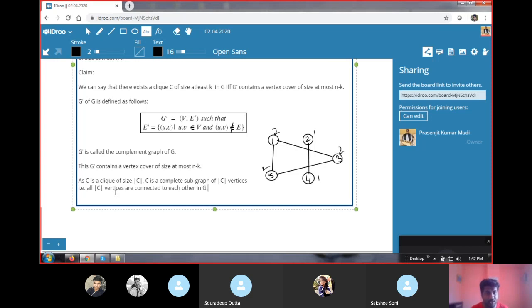This is the vital moment. So C is a clique of size mod C, and C is a clique of graph G, right? So all the mod C vertices are connected to each other in graph G. So immediately we can say that the remaining